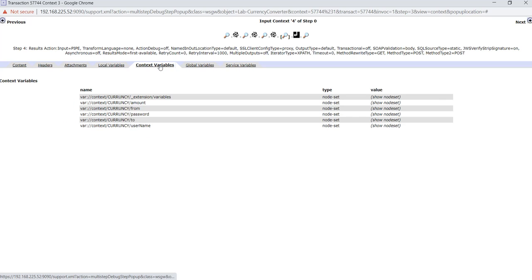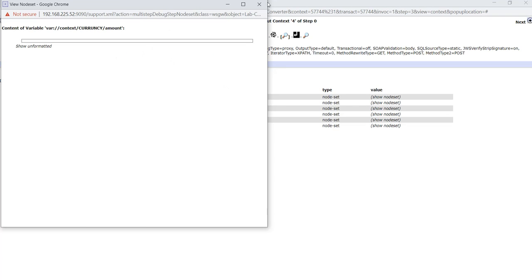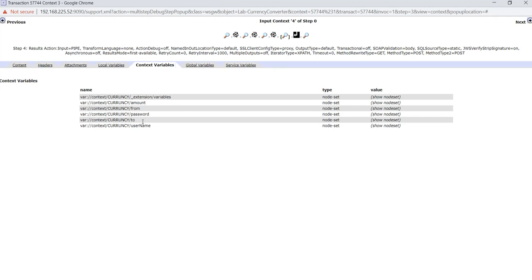We are not able to see these values, no problem, but we can see that the context variable is still available. In this flow, if we create a context variable, we can call it in any XSLT or gateway script.